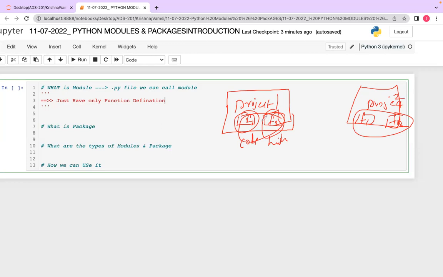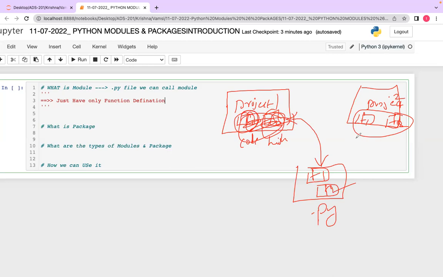At that time what should I do? I can create one Python file, and write the function definitions inside of it. This is my function one, this is my function two. If I want to use function one and function two functionality, we can access it from here. In this particular project one we can use it.